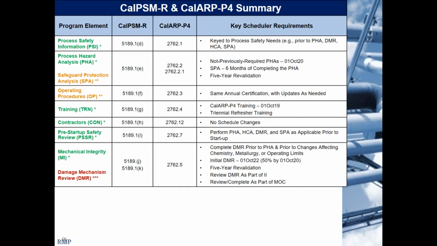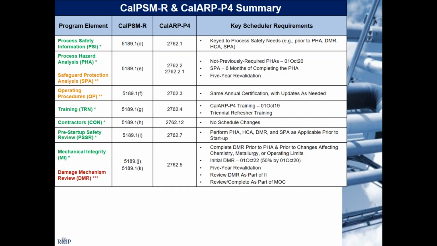A few things I want to go over, though, are process hazard analysis. So any process that was previously not regulated and is now regulated under the Program 4 regulations will need to have a PHA performed on it by October 1st, 2020, which is 3 years from now, or 36 months. SPAs, you need to create SPAs within 6 months of completing any PHAs. And then there's still the 5-year revalidation cycle on all of your PHAs. Moving on,